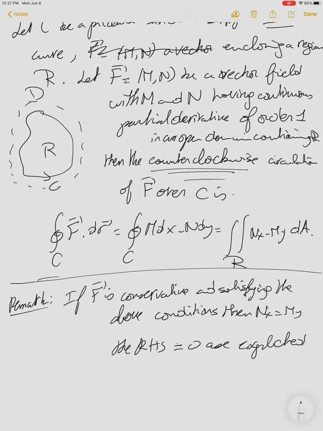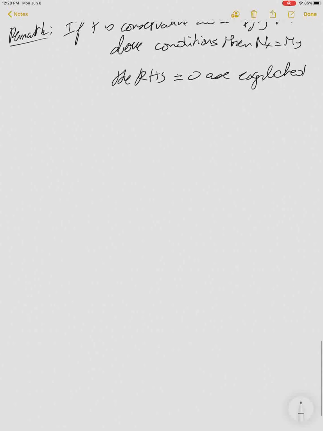So Green's theorem is generalizing the loop property to more general fields. If it's conservative, this gives me 0. If it's not conservative, then this gives me whatever this integral is. Okay, I'll do 2 examples, and maybe 3 examples, and